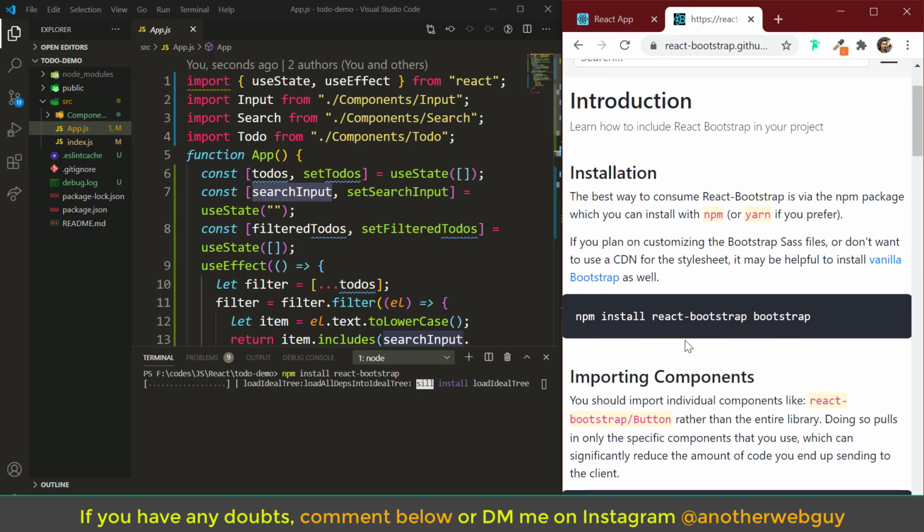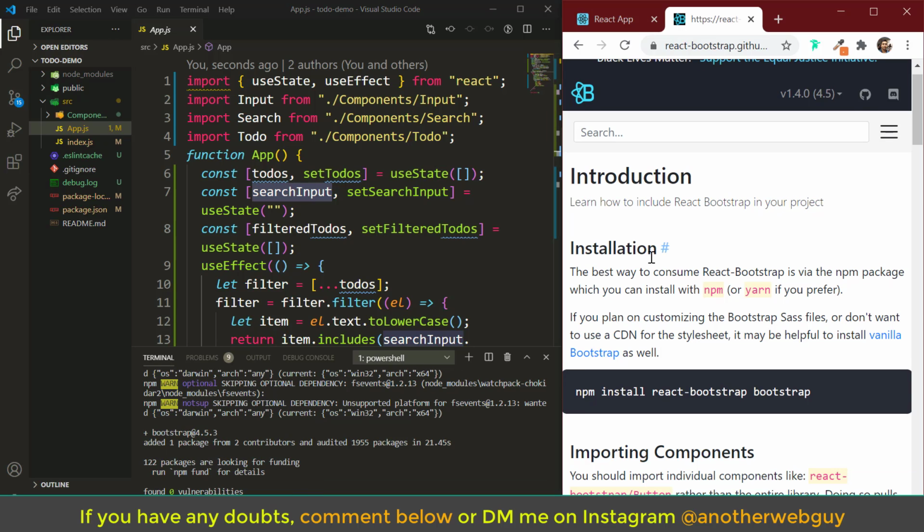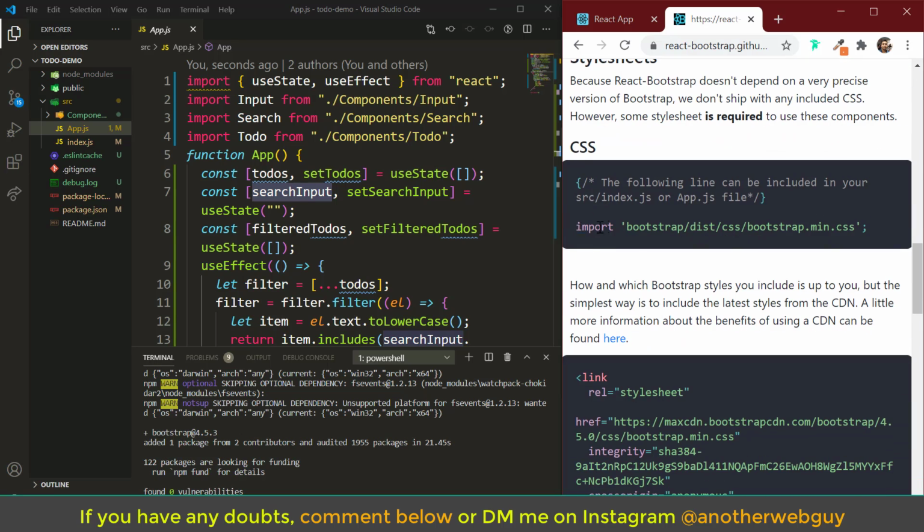And here you can see that we have written npm install react-bootstrap. We also need to install Bootstrap for this project, so we will install that next. After we've installed React Bootstrap and Bootstrap to our project, let's import this to our project. You can find the instruction somewhere here. So we'll just copy this line